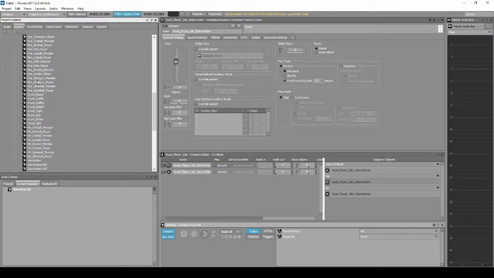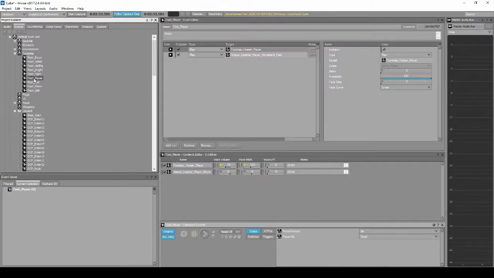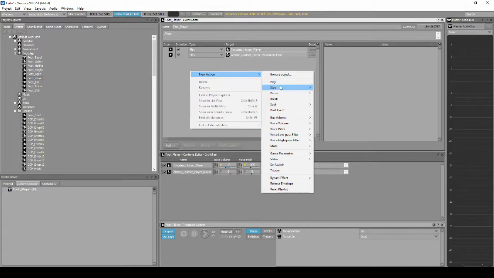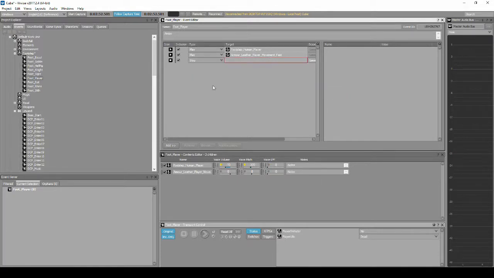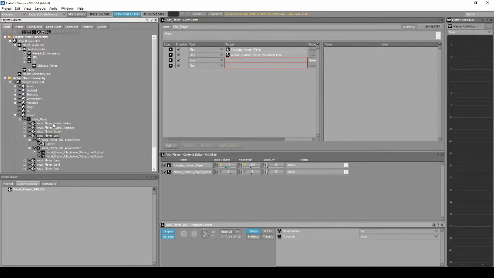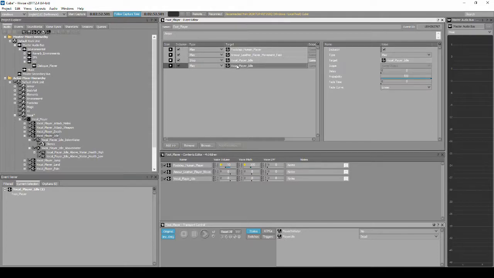Locate and select the foot_player event. In the Event Editor Actions list, right-click, select New Action, then Stop. Right-click again, select New Action, then Play. Navigate to the Actor Mixer Hierarchy Audio tab, Vocal Player Idle Switch Container, drag it onto the new Play and Stop event actions. Select the Play action, then change Delay value to 10,